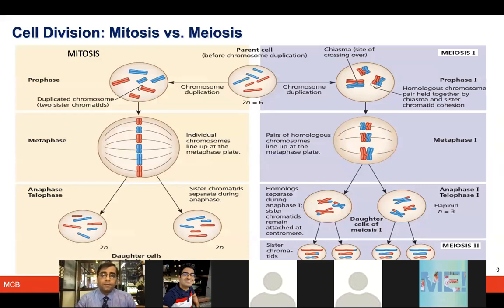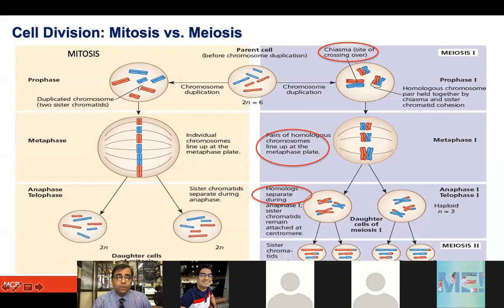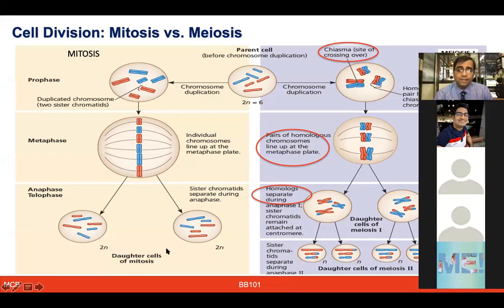meiosis. So here the main concept is that when we take these diploid cells, in the process of mitosis, the prophase, metaphase, anaphase, and telophase which we spoke about are going to develop into these daughter cells, which are going to have the same level of chromosomes, the same ploidy level will be maintained. In case of meiosis, there are two different cycles, meiosis 1 and meiosis 2. Meiosis 1 has some variations. Meiosis 2 works exactly like mitosis.